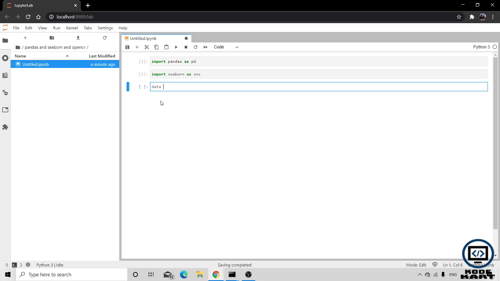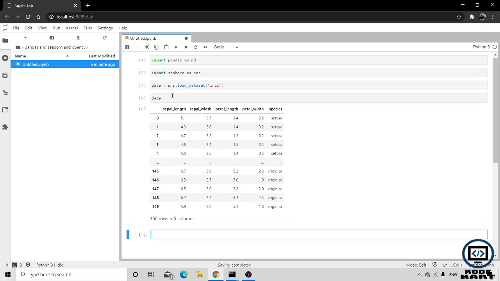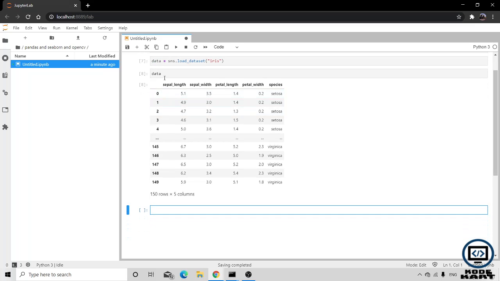So if I use data equals sns dot load_dataset, and I load the dataset iris, Iris is one of the famous datasets of Seaborn. Seaborn provides some predefined datasets. So you can see that this dataset has 5 columns: sepal length, sepal width, petal length, petal width, and species. So if you do type of this dataset data,